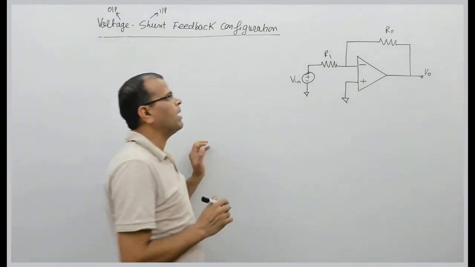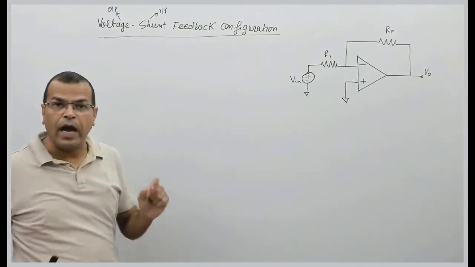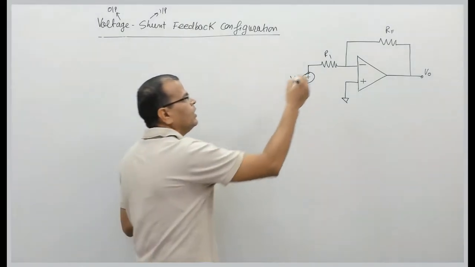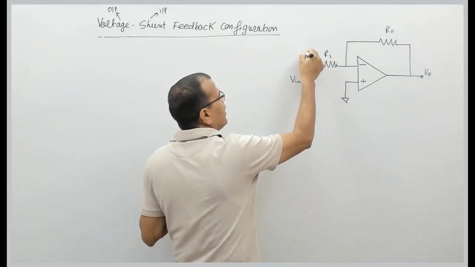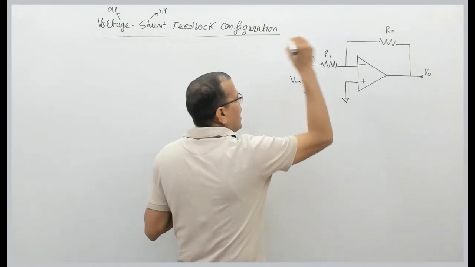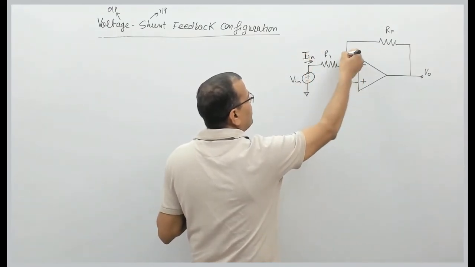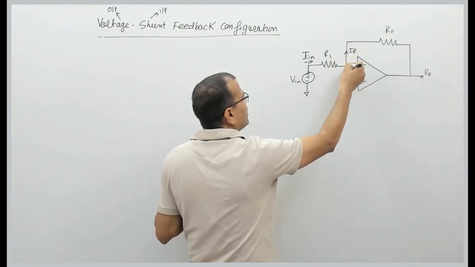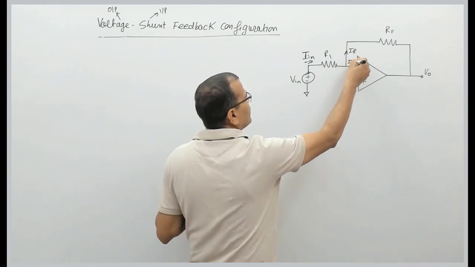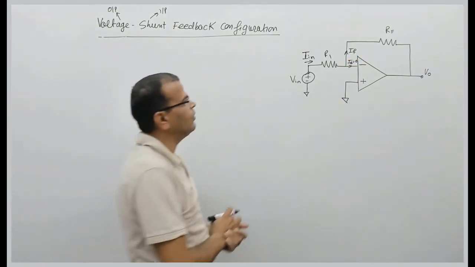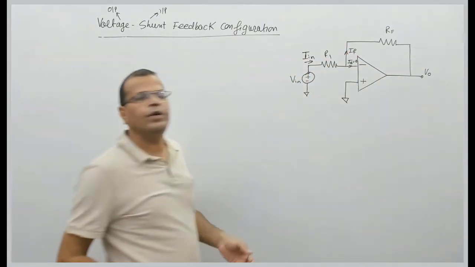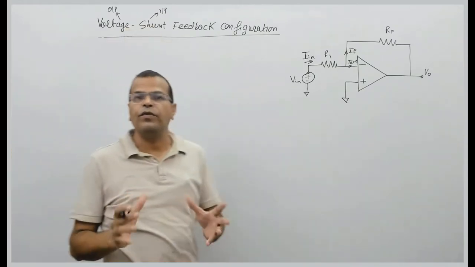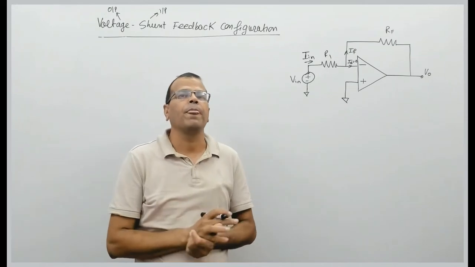In voltage shunt feedback amplifier, remember, when you talk about input as current, input is current here. In case of shunt, input means current. So here we have the input current I in, right? And there we have a feedback component, feedback current, you can say, that is IF. And this biasing current I bias is 0 here. So in case of inverting amplifier, we talk about current for shunt configuration on input side. Shunt configuration means current.